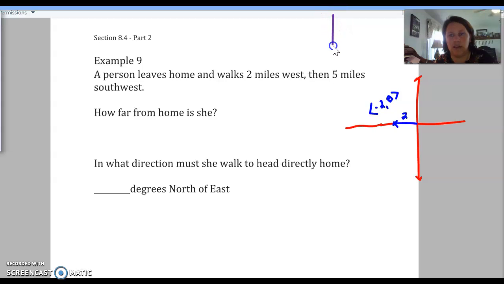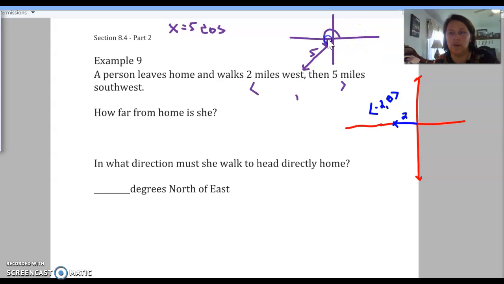So I'm going to look at it separately first. That's going to be a vector that goes down at a 45-degree angle under west. And so they're going to go southwest for 5 miles. Okay, so the component form for this one here we need to find. So x is going to equal the magnitude, which is 5, because we know she went 5 miles, and then 5 cosine, and then that angle